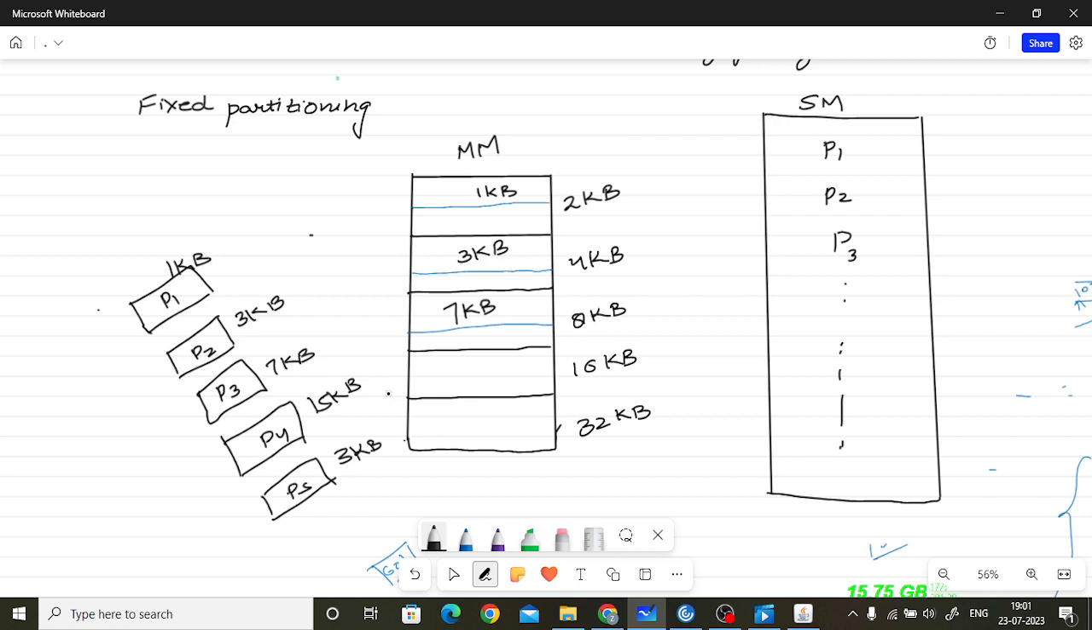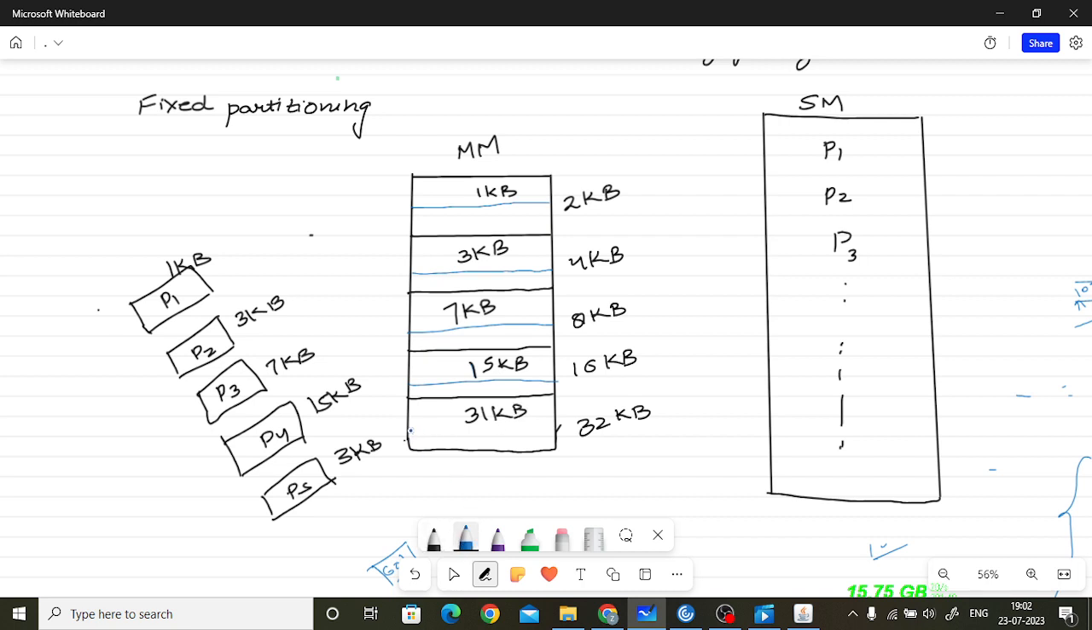The process will occupy the space in the memory which is nearest to the process size. So the 15 KB process will occupy this much space of 15 KB, and a 31 KB process will be residing there. 31 KB. Okay, it's 31 KB,